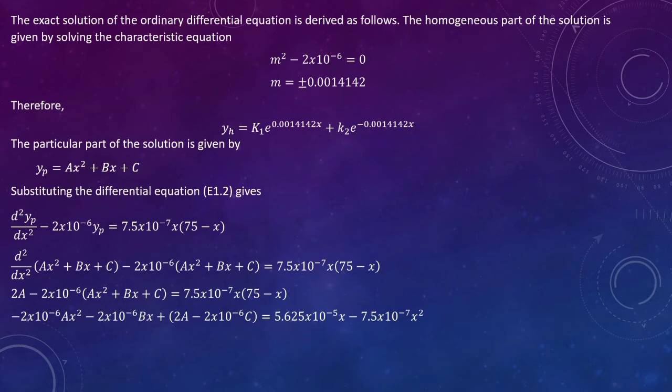Then, ang m squared kay, i-square root sila both sides para sa m squared makancel ang 2. Then, pag square root sa negative 2 times 10 raised to the power of negative 6 kay makakuha ta plus minus